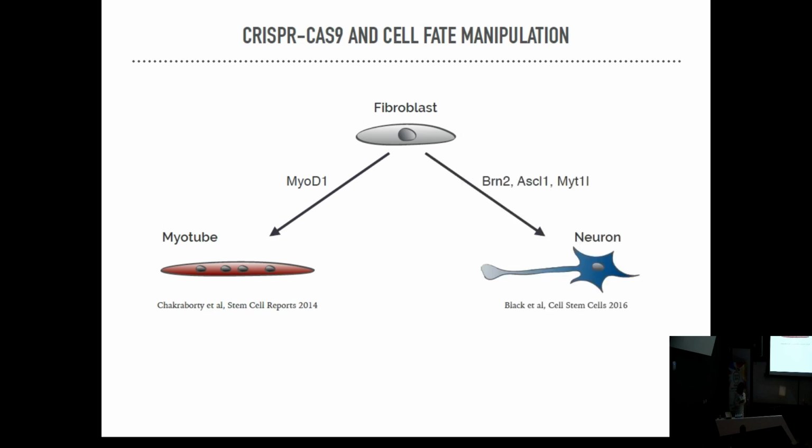The transdifferentiation of fibroblasts into neurons has also been reported, with the activation of 3 different genes. That really showed us that we can do this with the use of the Cas9, because one of the concerns was that people have usually been used to thinking that you needed a high level of expression of the gene to change the cell fate from A to B. With Cas9 activation, sometimes it's challenging to get very high levels of expression. So that was a concern in the field, but those papers really show that you can do that.